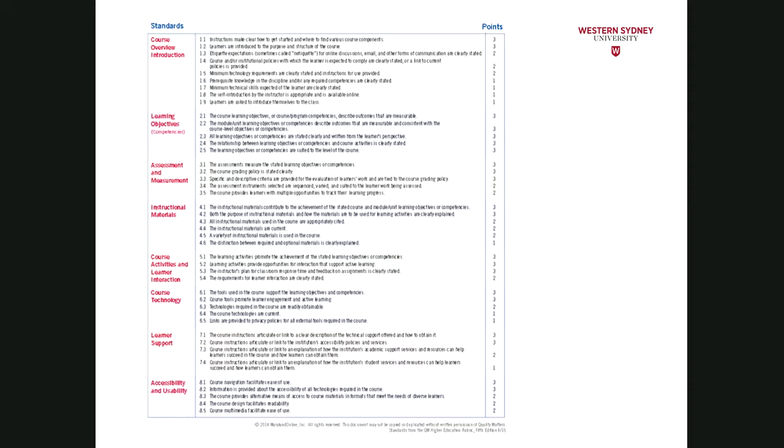So I've just been successfully through that, so I'm now a certified peer reviewer of the QM rubric. And the way in which the points are scored, if you see anything that has a 3, that's considered essential to a quality course or quality unit. But the showstopper, if you like, would be around 2.1 and 2.2, which is about the alignment of measurable learning outcomes with the activities and the assessments and what have you. As long as it meets 85%, then you could say that it does meet the QM